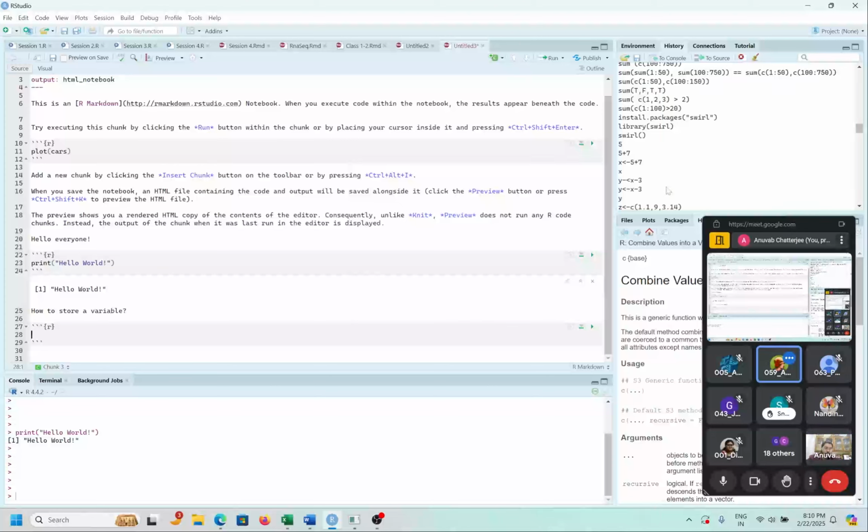Yes, sir. Okay, so let us now try. Sir, I had a question. Yes. If there is any syntactical error, how and where will it be shown? If there is a syntax error in the chunk here, so as I said, the white part is just normal writing down, so nothing will run here, it is just writing. Any syntax error will occur in this grayed out region,